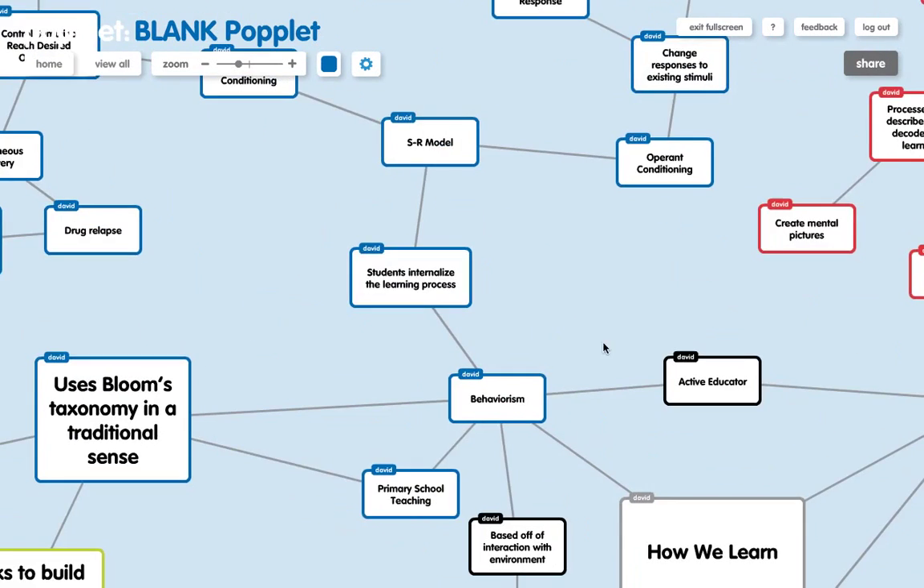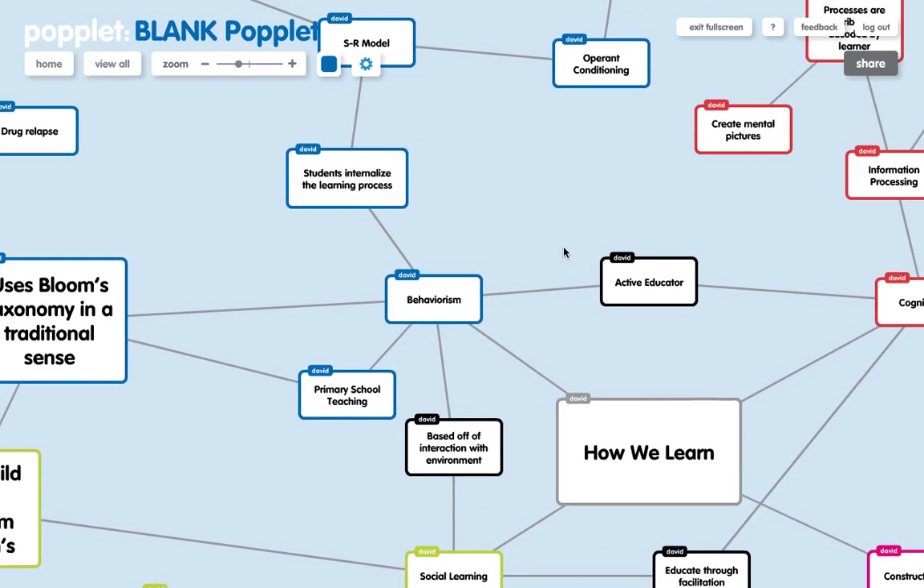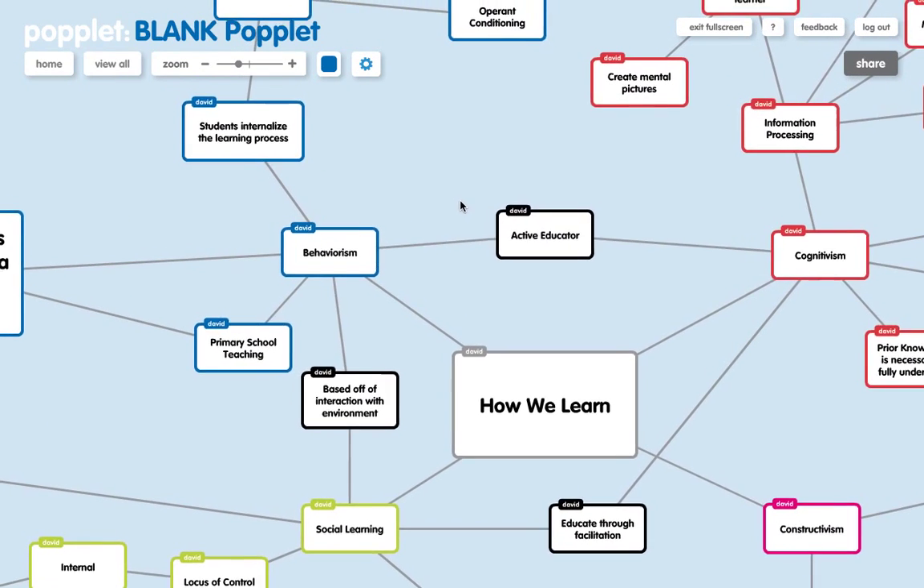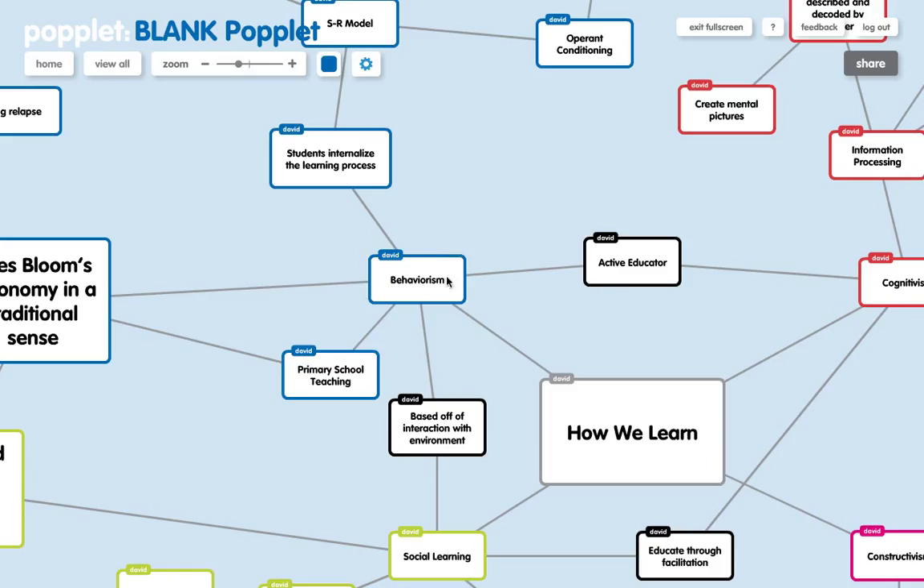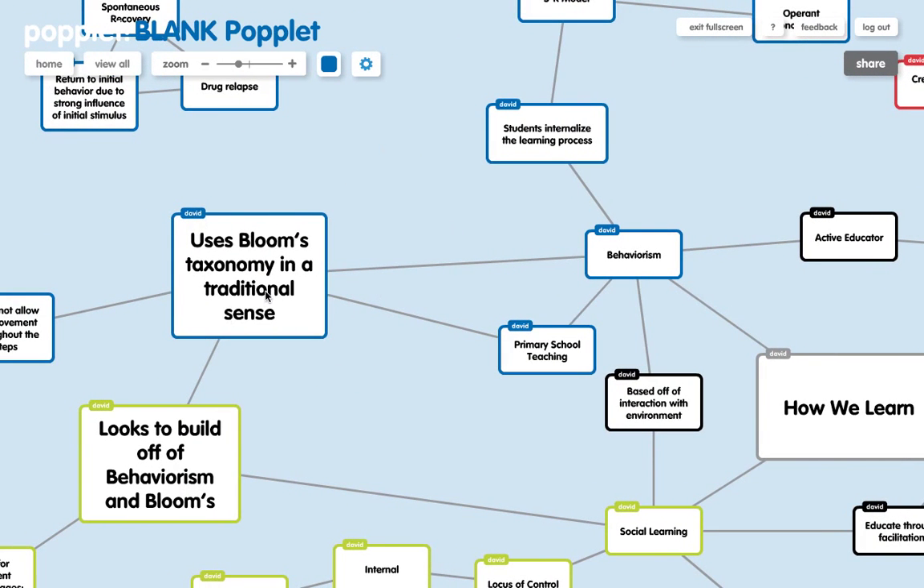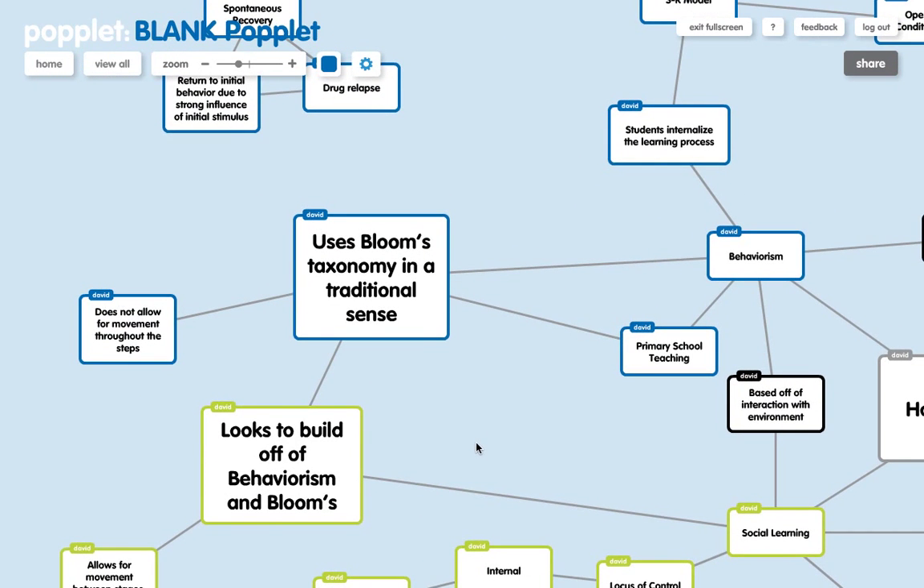Okay, so real quick, since my thinking process is all over the place, I'm going to talk about my Popplet and my concept map. So first, behaviorism, the original one, the very first idea of thinking and learning. It uses Bloom's taxonomy in a very traditional sense. Bloom's taxonomy has the, excuse me, the 5 levels, and with the behaviorism model, it really doesn't want to